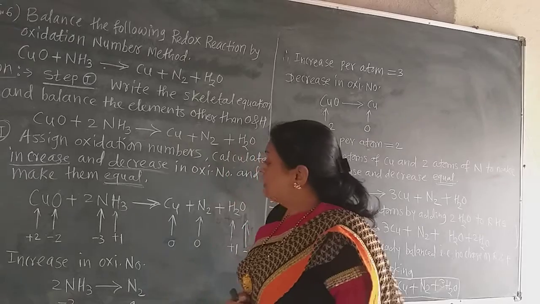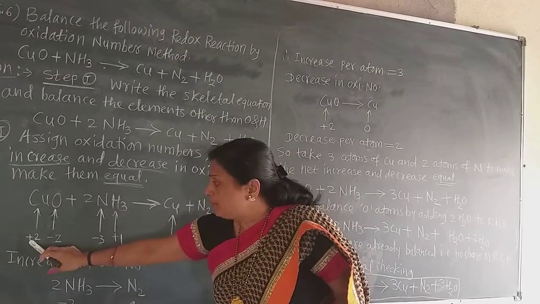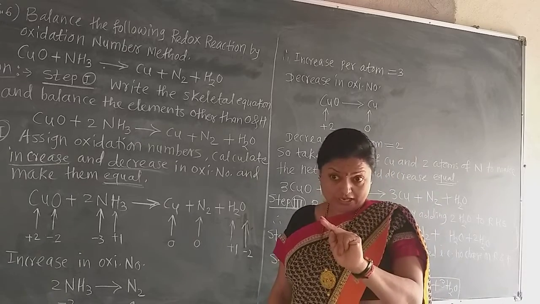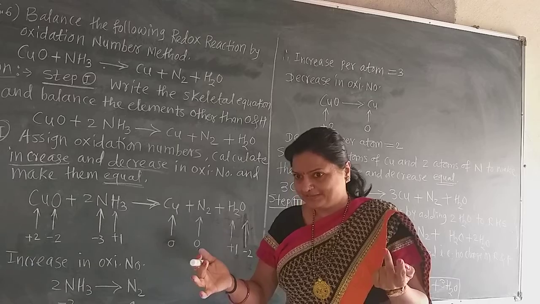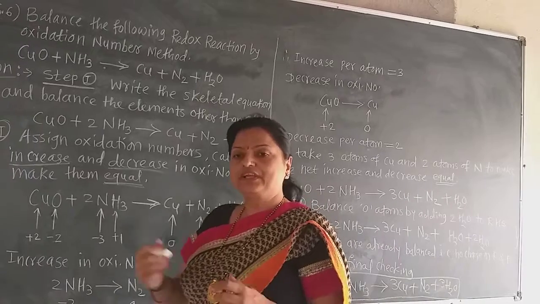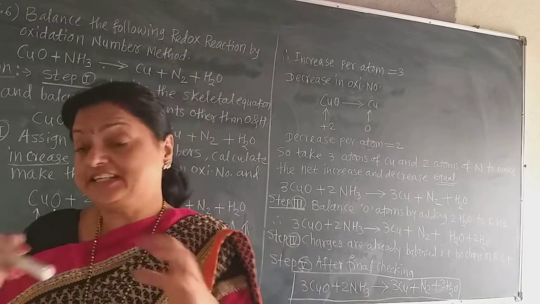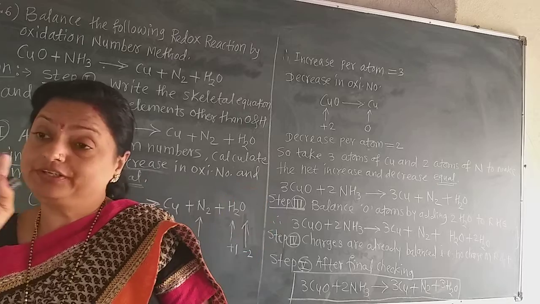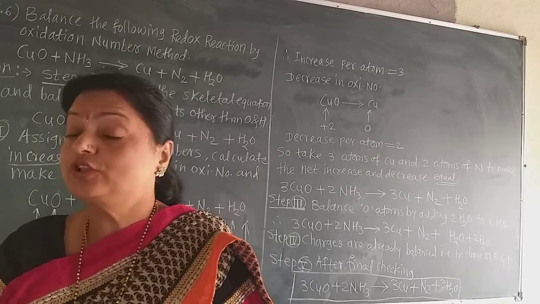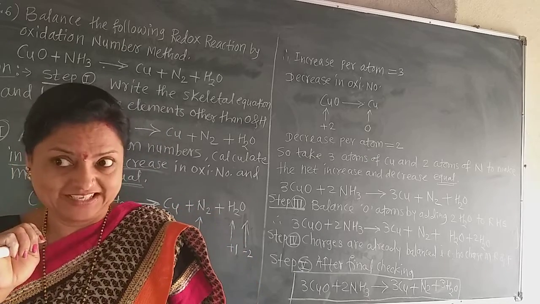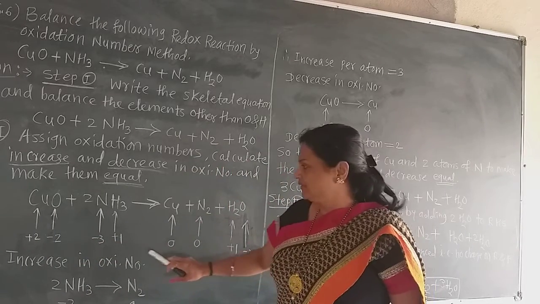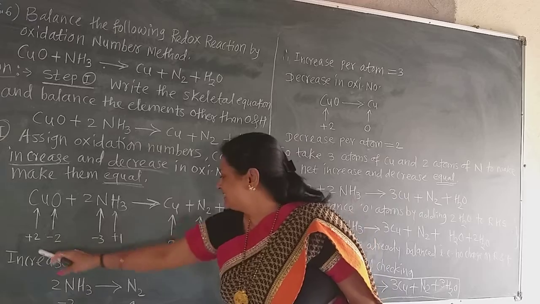Now see here, what is the decrease? From +2 to 0, that means it decreases by 2, that is +1 and 0. Always count the next number. In Marathi we call it the Sankhya Resha, that is the number line. From that number line you can calculate by how many numbers the oxidation number increases or decreases. Here the oxidation number increases by 3 and decreases by 2.